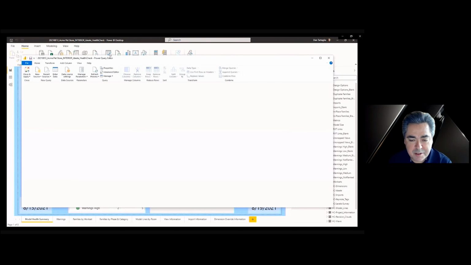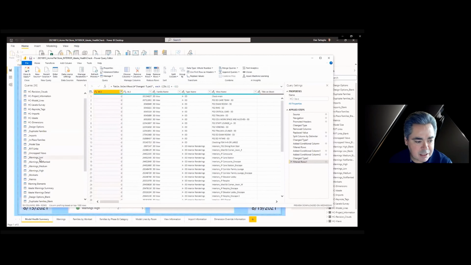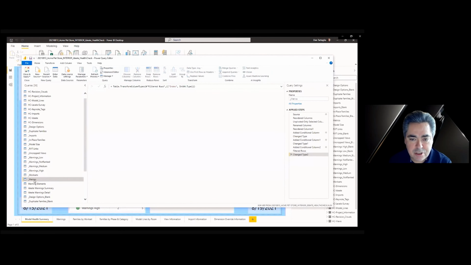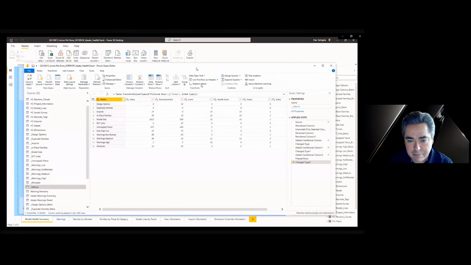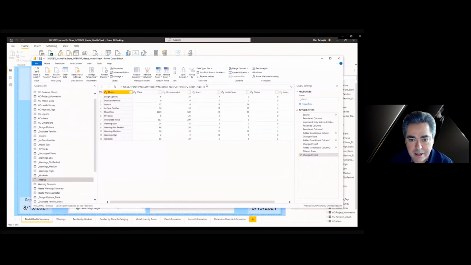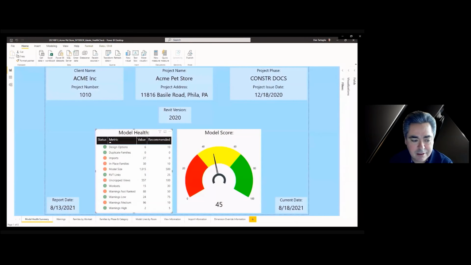Let me go back to transform data one more time to show you one other thing and go back to the metrics table. There's one important thing I wanted to show you, and that is if you change anything in that score column, the scores add up to 100. That's how the gauge works correctly. If you make it less or more than 100, that gauge won't be correct. So that's the idea behind that score column. So if you change any of those values for priority, just make sure they equal 100 in the end. And that's it for that particular gauge and those metrics right there.